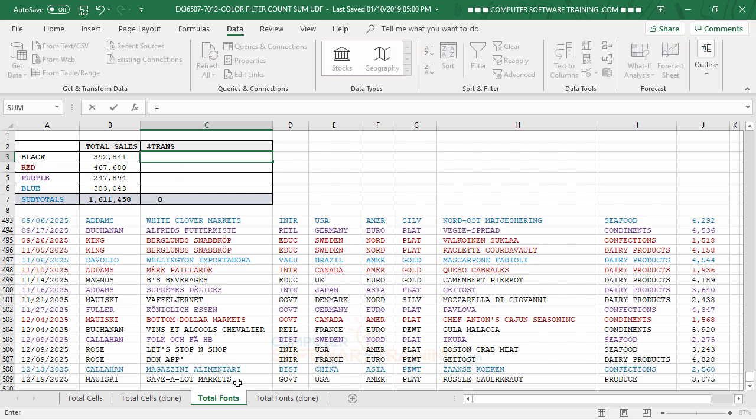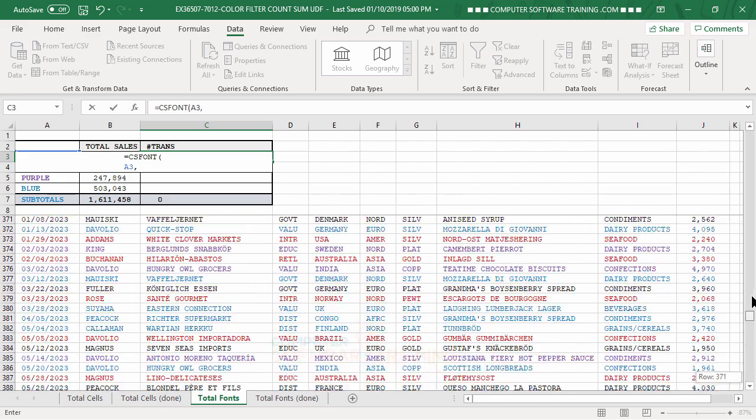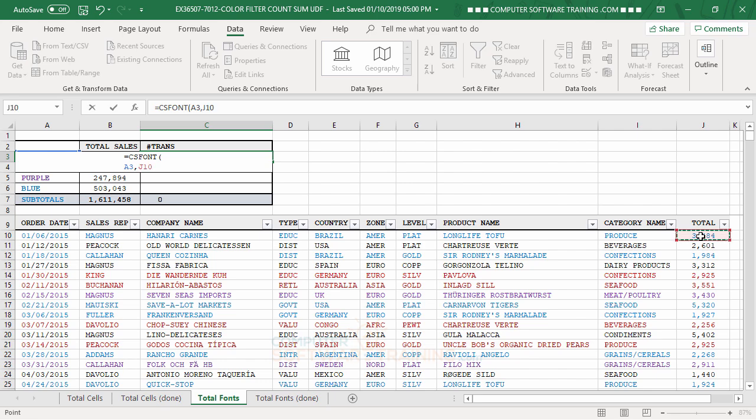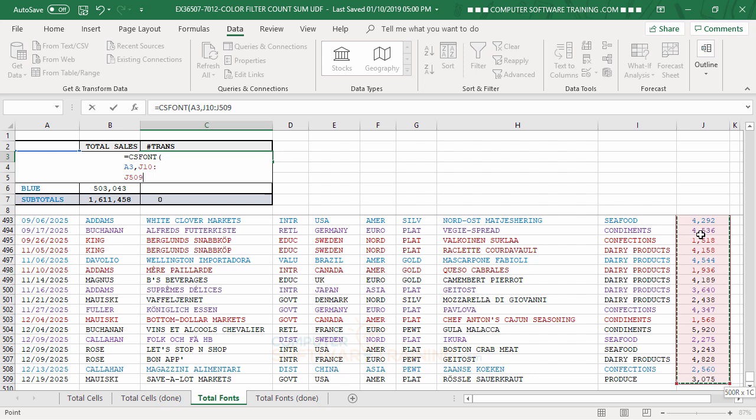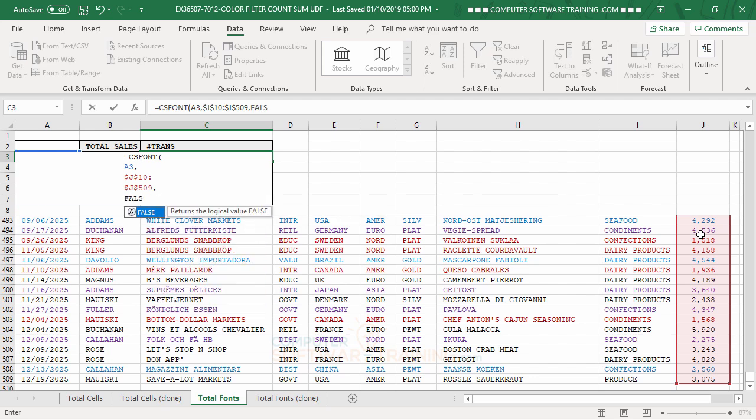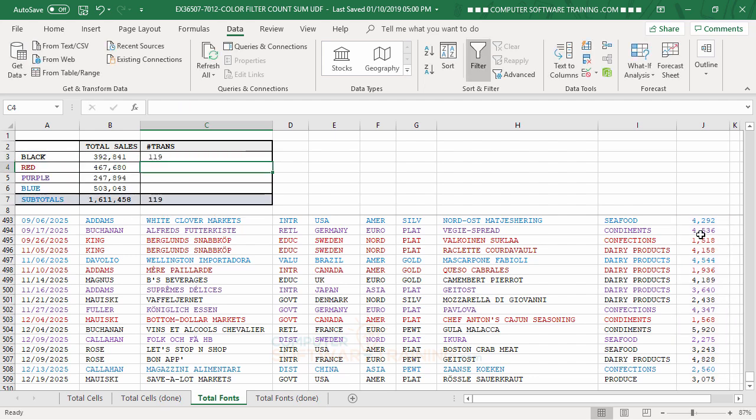So we'll do an equal, we'll do our CS font again, double click that. We're looking for that color over in A3, comma, and then I need to get back up to the top once again here to start the range. So I'll start here, Control, Shift, down arrow key, F4, make that absolute, comma, and this one's going to be what? False, right? Because the other one was true. This is false. Enter it in. There we go. So we got 119 black sales,